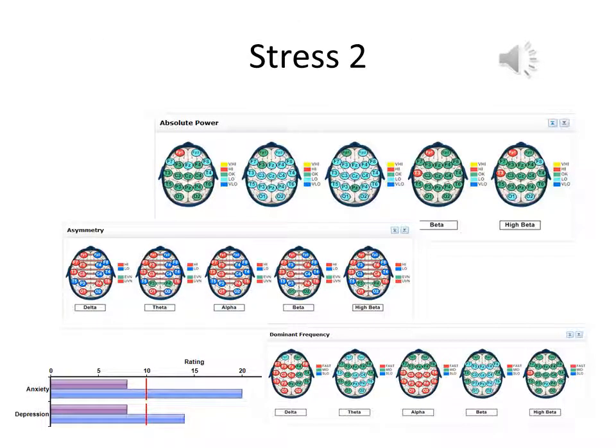Here's a map of somebody who's even more highly stressed than the previous one. We can see a deficit of slow wave activity with some left frontal beta because of worry. We can see a strong beta asymmetry, but an even stronger alpha asymmetry emerging. Looking at dominant frequency in the third tier of head maps, we can see there's a lot of fast wave alpha. If we look at the interactive self-inventory and the anxiety measure, we can see that it's very high into the clinical range, with emerging depression coming up behind.